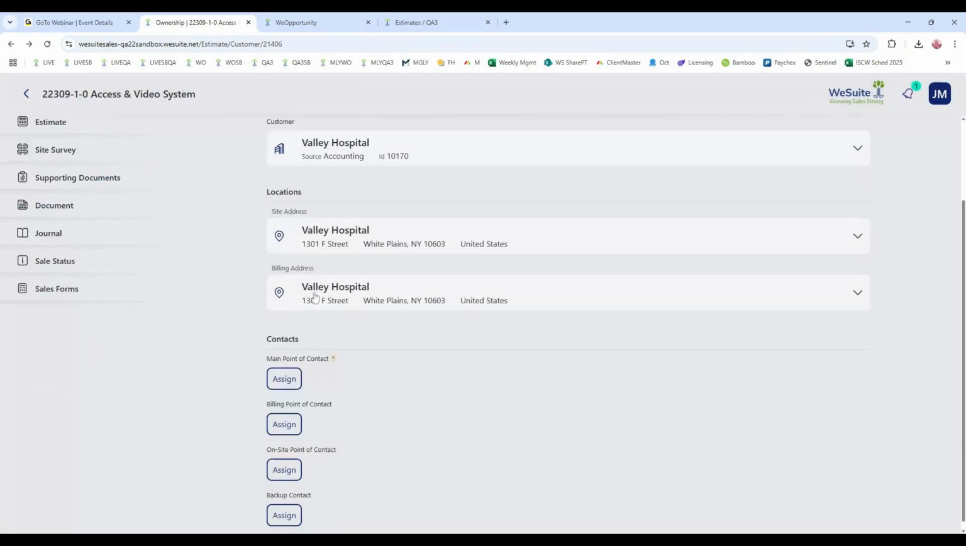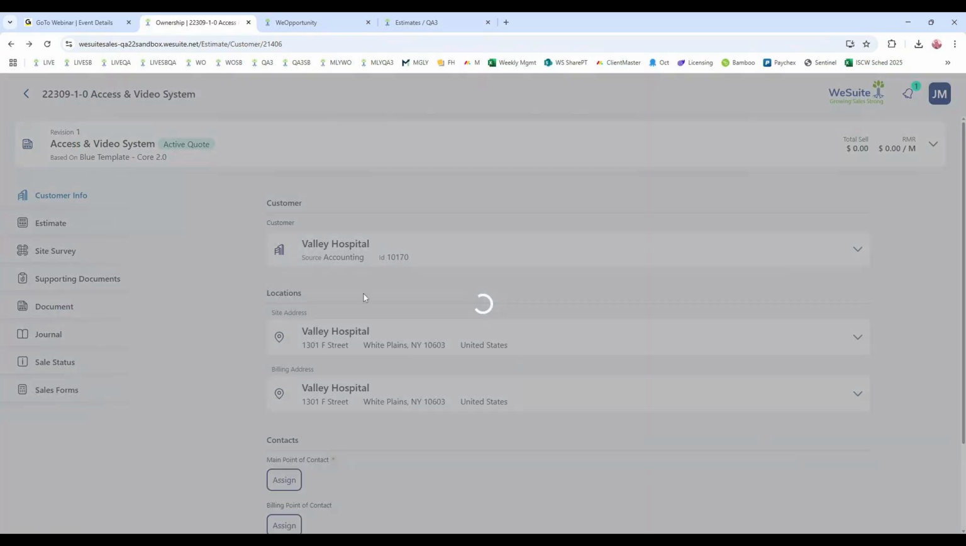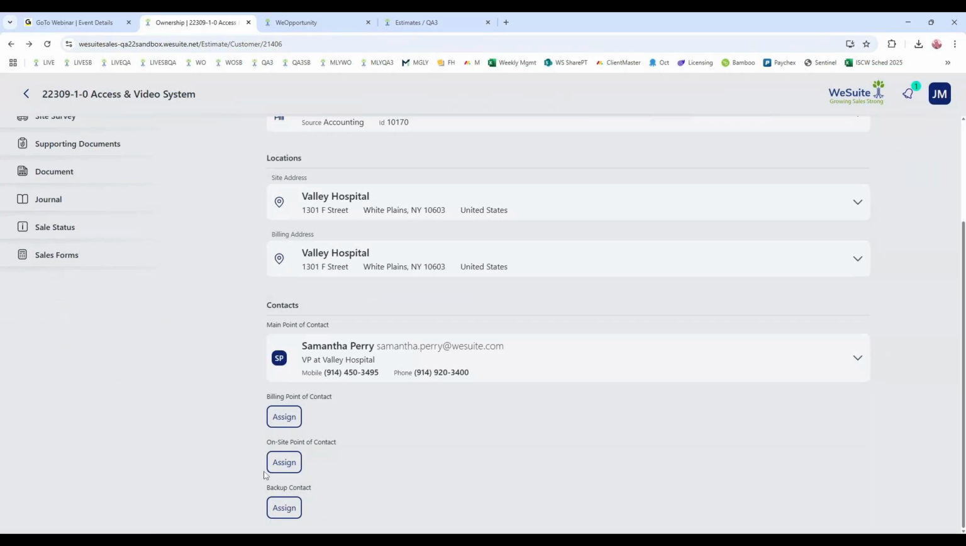And now we have site and billing. Move on to contact. I need at least a main point of contact. We'll add me. And I don't need any other contacts. Now, moving on, one thing I think is cool is at this point, if I refresh this and open this up,